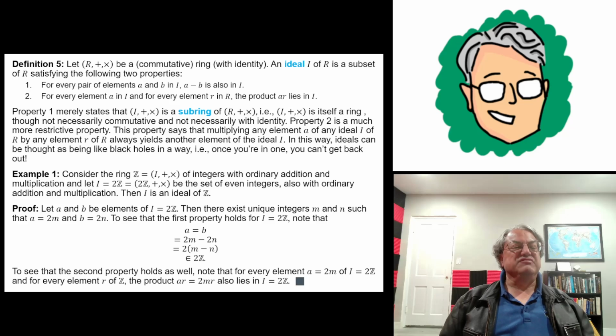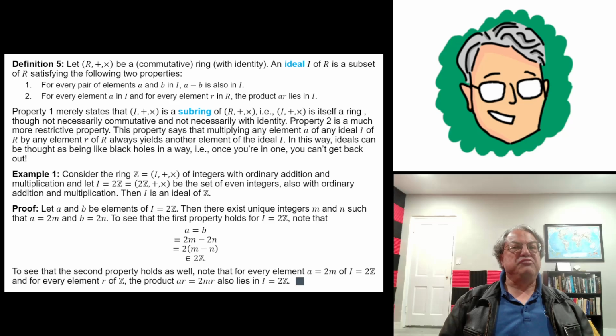Anyway, now I'm just going to give you some examples. These are all very similar examples, it turns out, but they're important examples. So let's let R be our familiar ring, namely the ring of the integers, ordinary integers, Z, with the ordinary addition and multiplication. And let's let I be the subring 2Z, the subring of even integers. Just half of all the integers, the even ones. And I'm claiming that the even integers is an ideal of the ring of the integers. That's actually pretty easy to see, because we just have to check that these two properties hold.